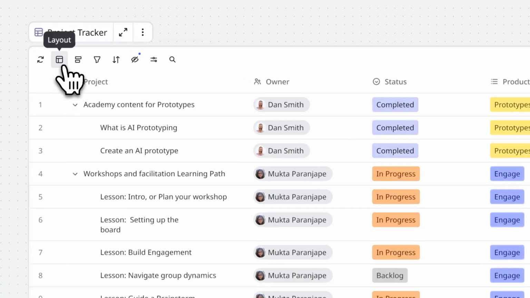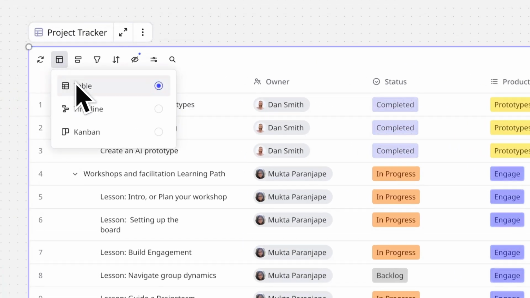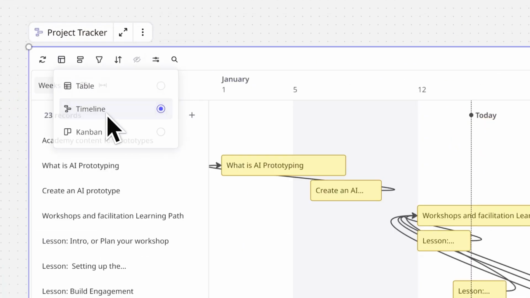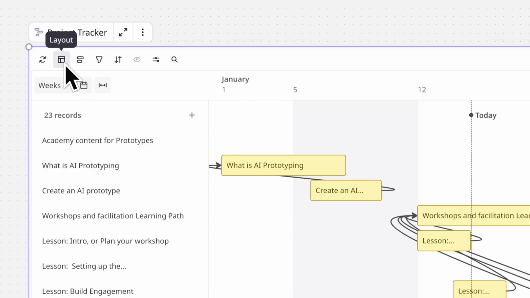Miro's integrated project management formats, tables, timeline, and Kanban, help teams manage workflow and maintain efficiency. They work together as one unified system. Every item exists as a record that appears consistently across all three views. We can switch seamlessly between table view for detailed data management, timeline view for scheduling and dependencies, and Kanban for